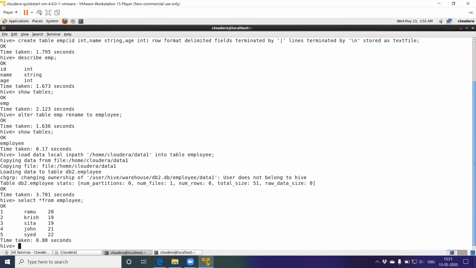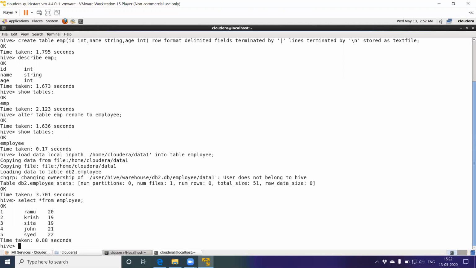The content is displayed. So the difference is only in create table and loading the data compared to SQL. So HiveQL commands differ in these two. Even in Hive, like SQL, you have the operators like relational operators, logical operators: and, or, not; relational operators like less than, greater than, not equal to, greater than or equal to, etc. Similar to SQL, you can use aggregate functions also here. You can use the group by clause also, the having clause, all the syntax is the same as SQL.